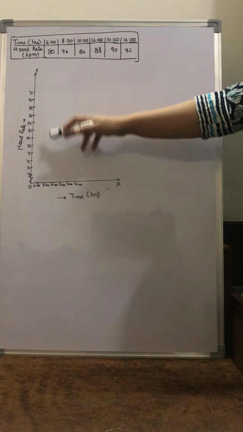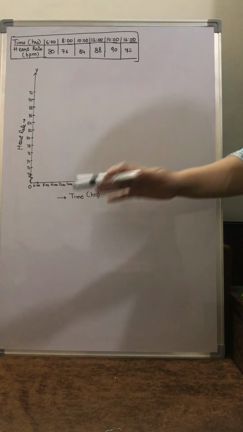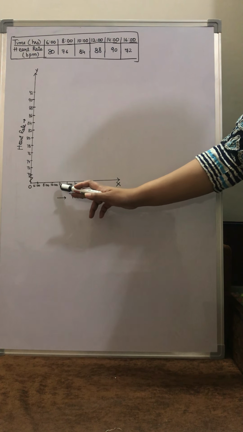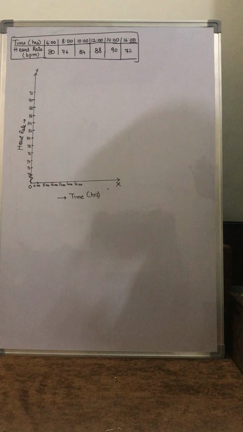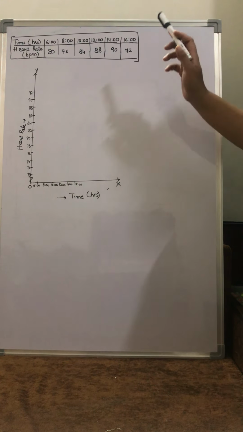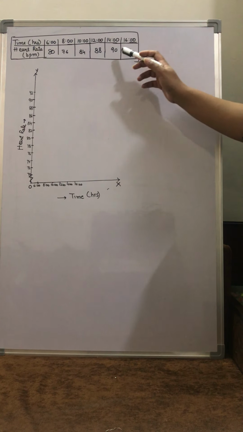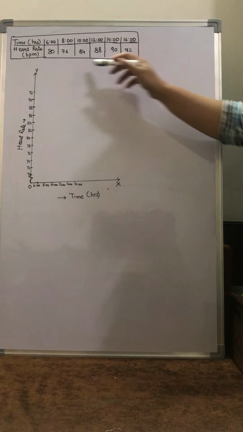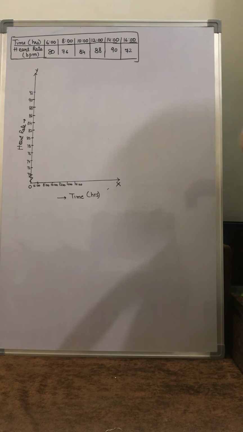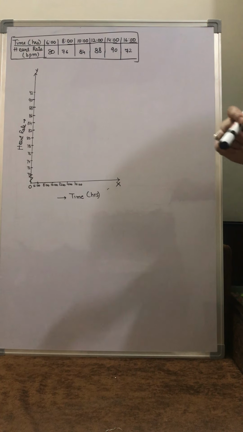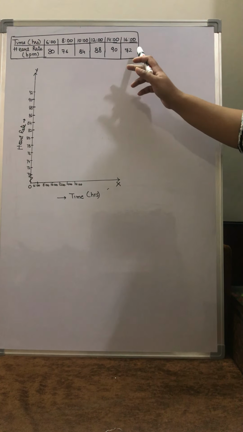Now I have taken the x-axis and the y-axis. On the x-axis there is no problem at all. 1 unit difference I have taken and I have plotted 6, 8, 10, 12, 14, 16 and here I have written time in this. Now when I am plotting along y-axis, I see that the highest reading is 90 and the lowest one is 72. Now the entire thing is lying between 72 to 90, so nothing has to be done for the lower readings, right? And moreover, if I take the difference of 10, 20, 30, 40, then it would be quite messy because the entire data is lying between 72 to 90.